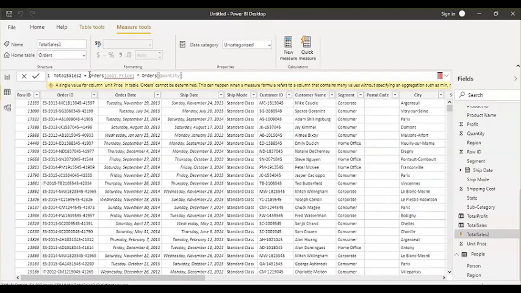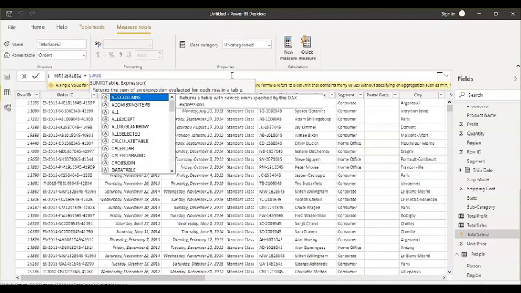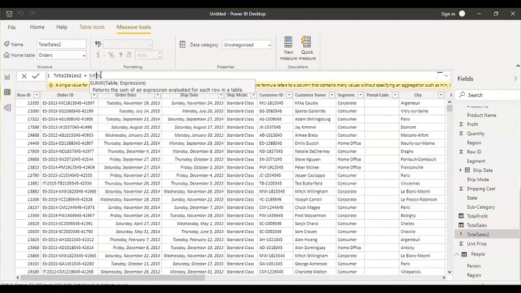So what you have to do here is write a different function. You have to use a SUMX function. SUMX functions, all the functions in which you see X, right? These are the iterator functions. These functions will iterate row by row, and in these functions you can pass some filters and some other conditions also.